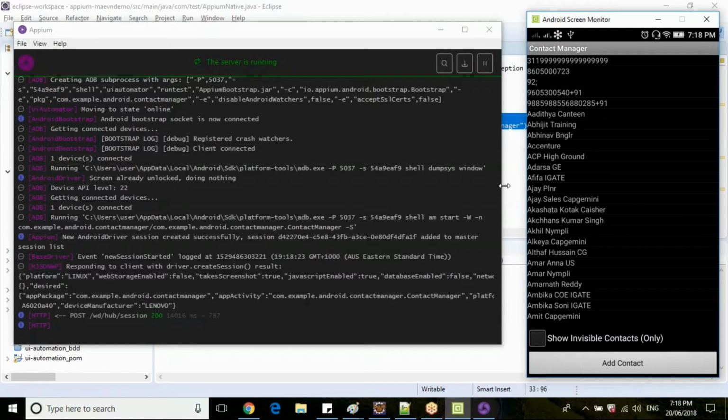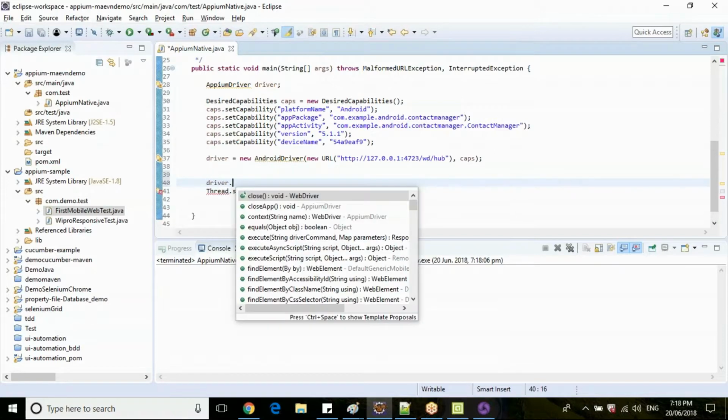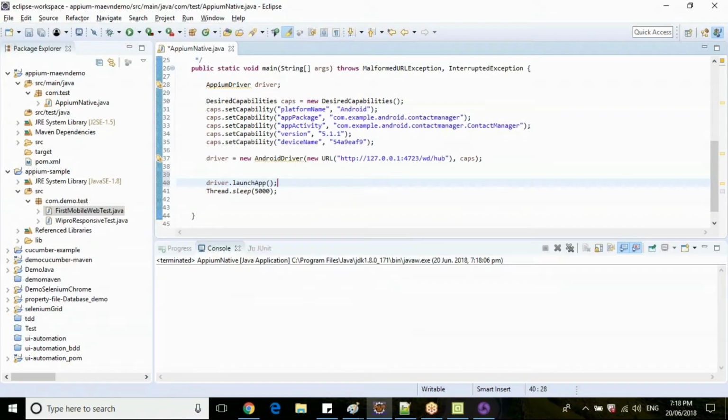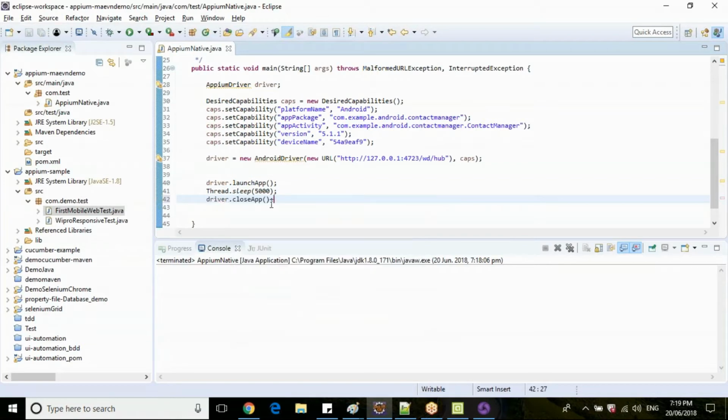You also have a keyword here in Android driver: close app, launch app. This will relaunch your application if it is already launched. Launch the application, wait for 5 seconds, then close your application, and again wait for 5 seconds, relaunch your application.